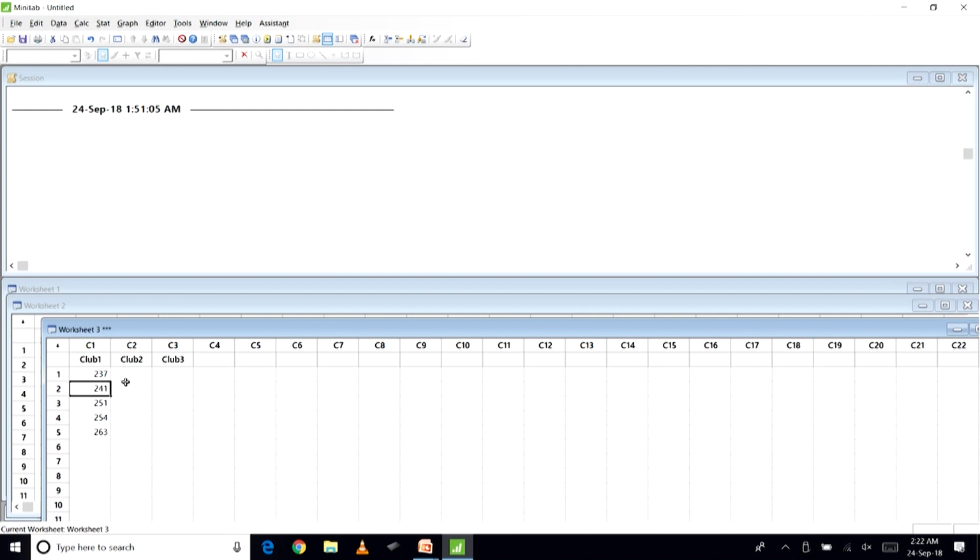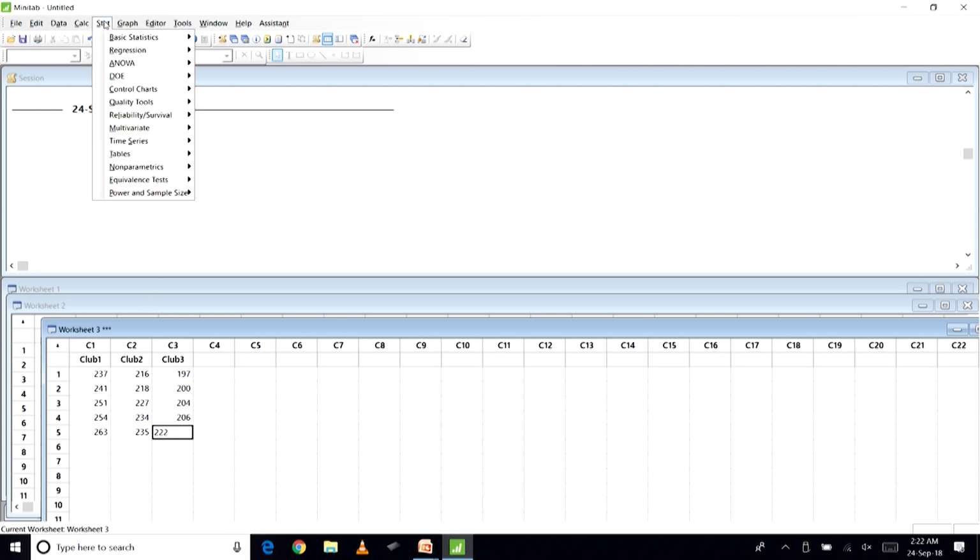So, 263, then we have got 216, 218, 227, 234 and 235, 197, 200, 204, 206 and 222. Now, go to Stat and then go to ANOVA, right.